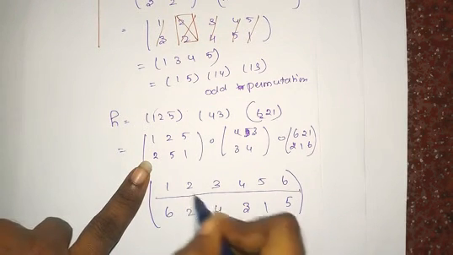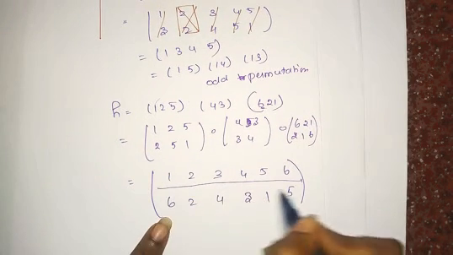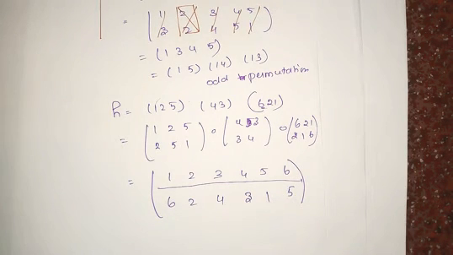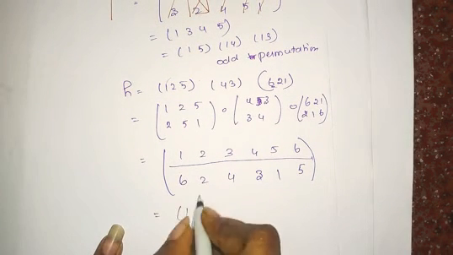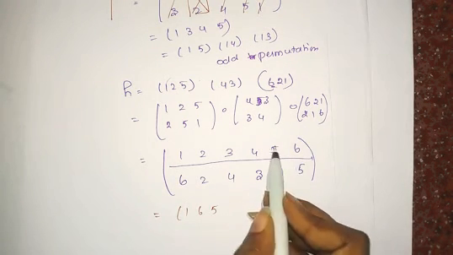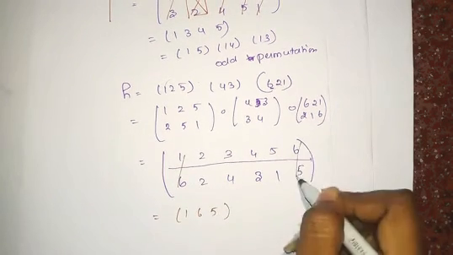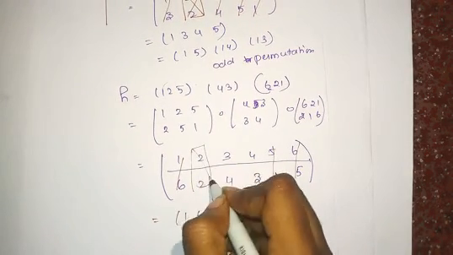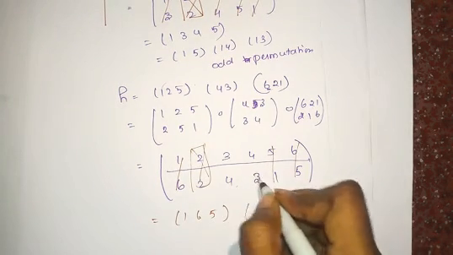Make sure that the elements in the first row do not repeat, and the elements in the second row do not repeat. Now we are going to write the shortcut form for this. I can write this as 1 is mapped to 6, 6 is mapped to 5, 5 is once again mapped to 1. I cut out 1, 6 and 5. 2 is mapped to 2 itself, so I am not going to include this. 3 is mapped to 4 and 4 is once again mapped to 3.